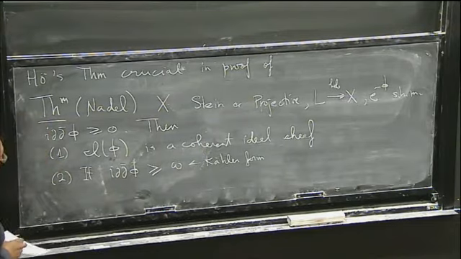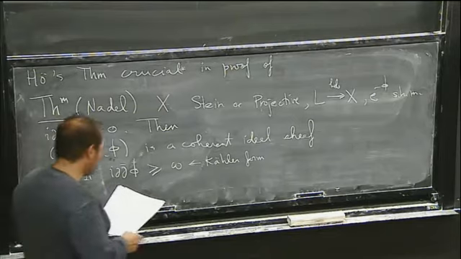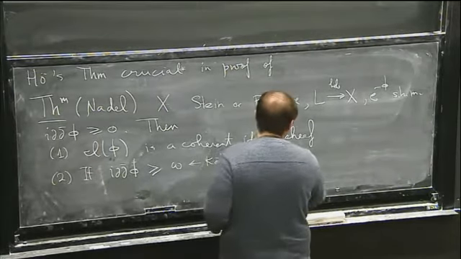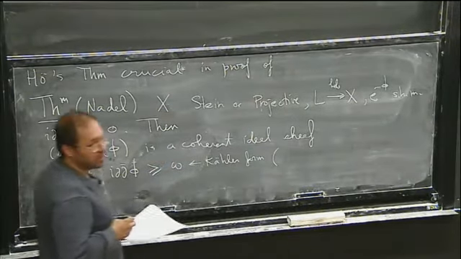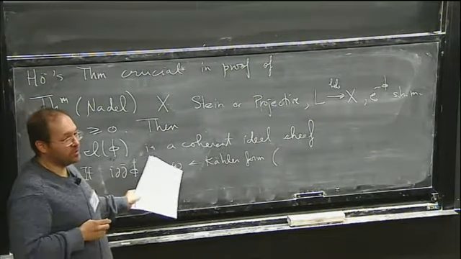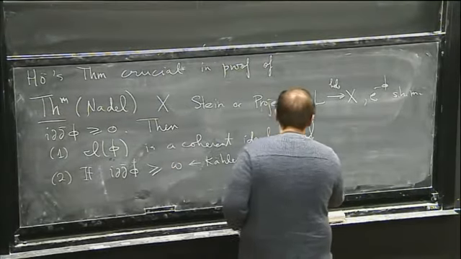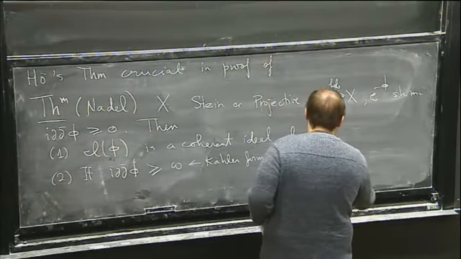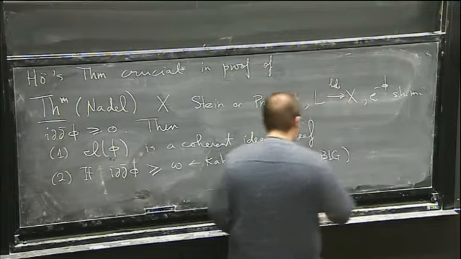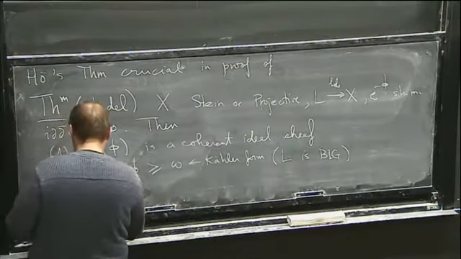So if this is greater than or equal to some Kähler form, there's a name for a line bundle that admits a singular Hermitian metric with a lower bound on the curvature by a Kähler form. Those are called big line bundles. Write it in big letters. Then